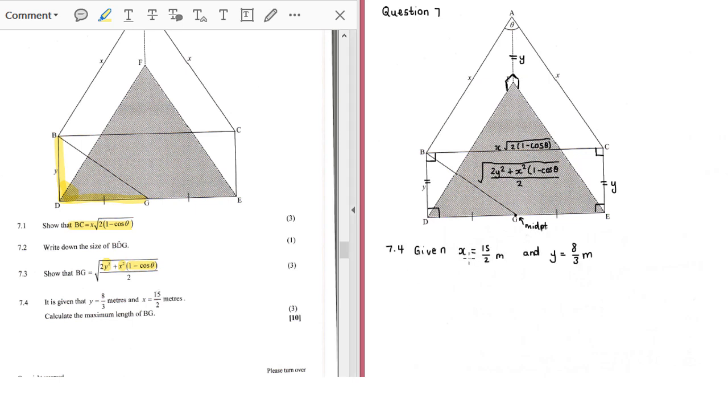Now if you look at the expression, you are going to be substituting in that x value and that y value. So in order to find the maximum length, it's all going to be dependent on this part of the expression, the 1 minus cosine of theta. So you're going to write over here that therefore the maximum length